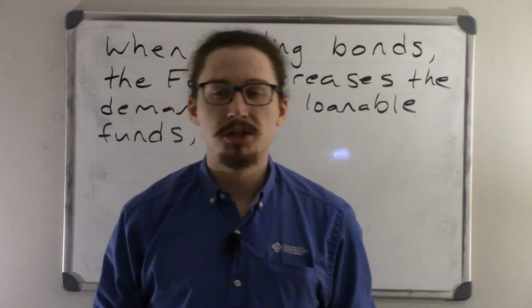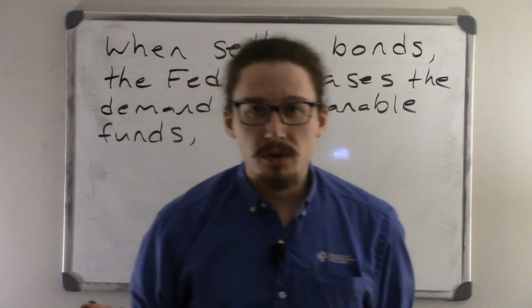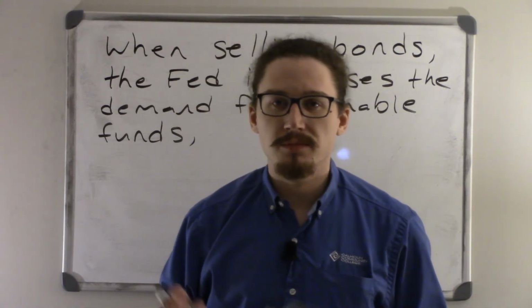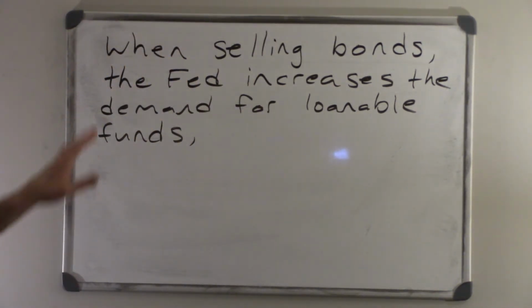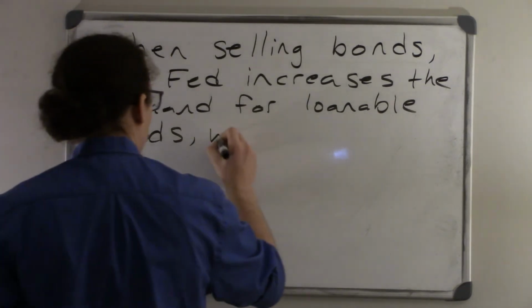So nothing else changes, just a shift in demand, a shift to the right, an increase in demand. Hopefully we remember that the price of that good increases, and that's exactly what happens here. When the Fed is selling these bonds, they're increasing the demand for loanable funds,